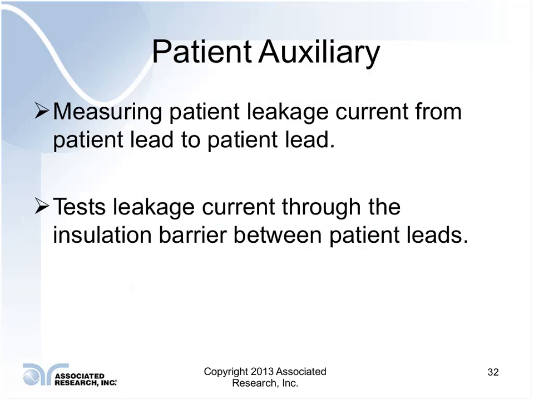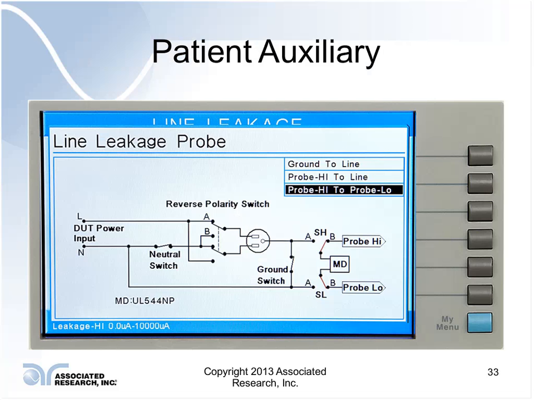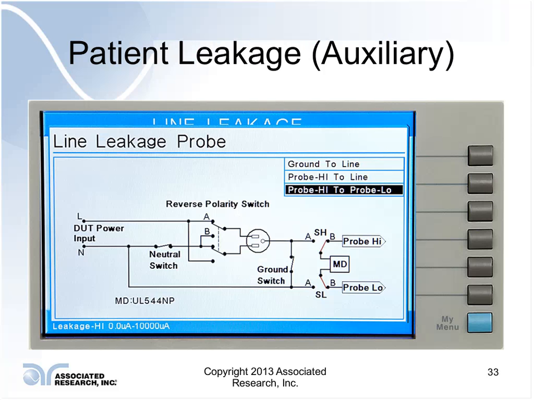Now you're going to need your other probing point. So now this setup is actually correct. You see I have probe high to probe low selected, and we have, let's just say, patient lead 1 connected to probe high and patient lead 2 connected to probe low. So what's happening is we power on our device, still plugged in, we power it on, and it is now a source of leakage current. So you're going to get some leakage current coming in through probe high, going through the measuring device, and measuring